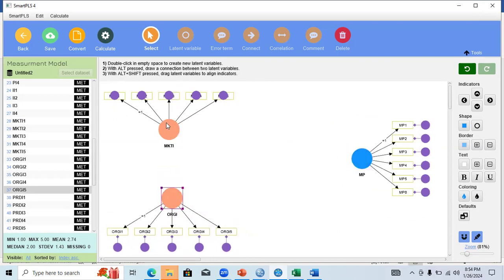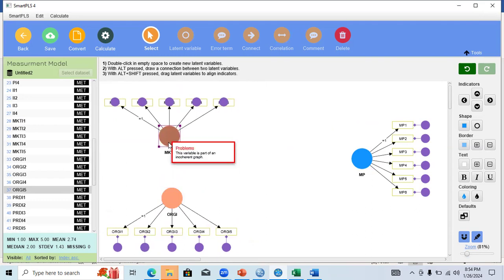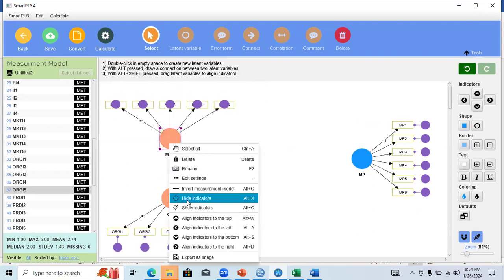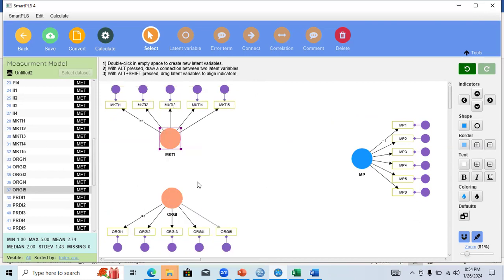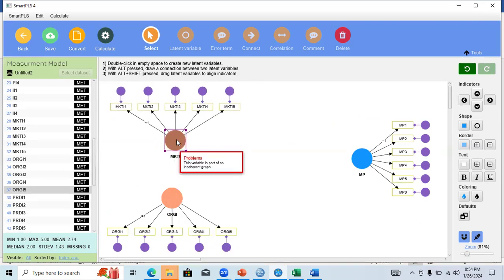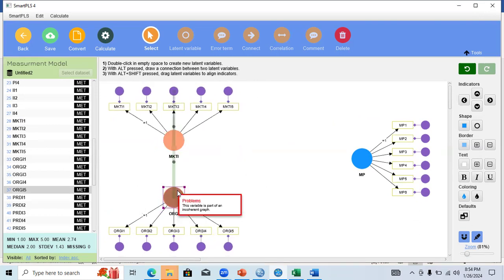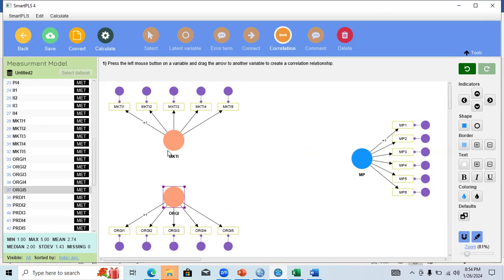And when you need to run the bootstrap procedure, you need to connect your independent variables as a correlation. This time you don't need to connect correlation with the dependent variable. So what you need to do is create a correlation between your independent variables just like this, and you need